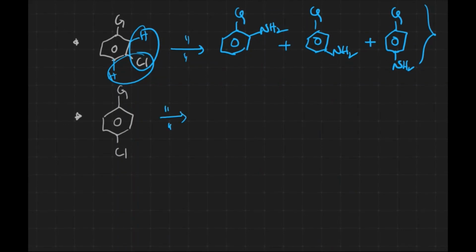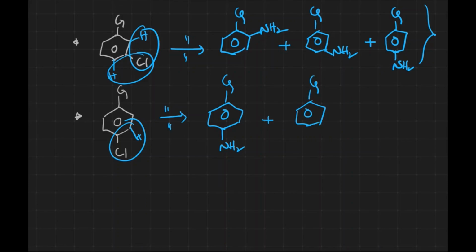Now let us see another thing. We can expect, it's a symmetrical one, either side is right. Let us assume this is the elimination group which is going to be eliminated, and benzyne will be formed between these two carbons. Then we will get two products: NH2 ipso product and cine product. This is what the aromatic nucleophilic substitution reaction with benzyne mechanism is. Thank you for watching.